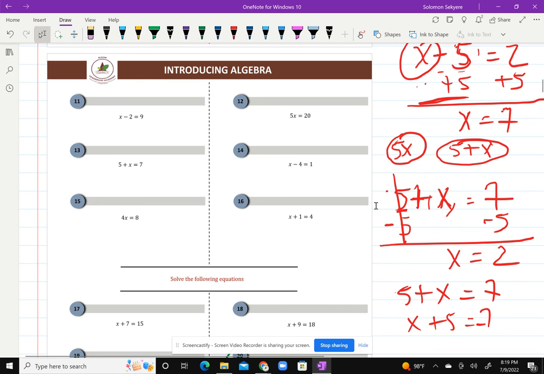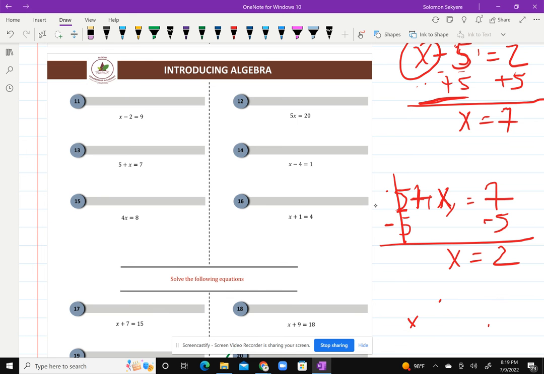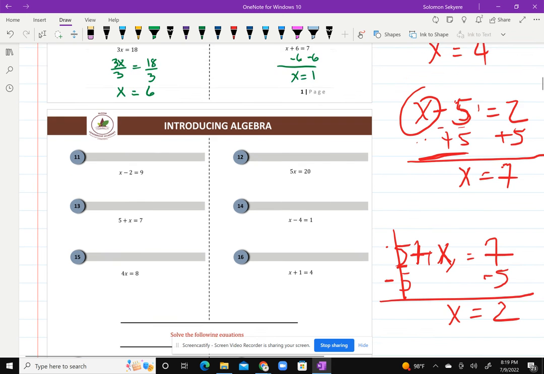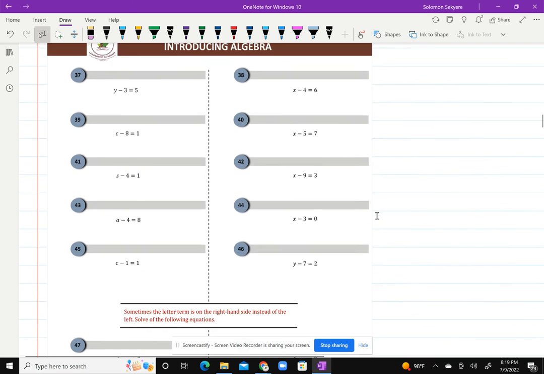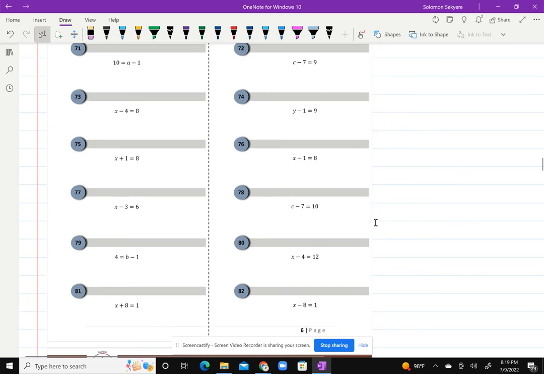Okay, nice and neat. I did several exercises here. That's why my board is messy, but you should do nice and neat work. Okay, so you see that? You see one, two, three. Okay, let's go now. We are going to do,